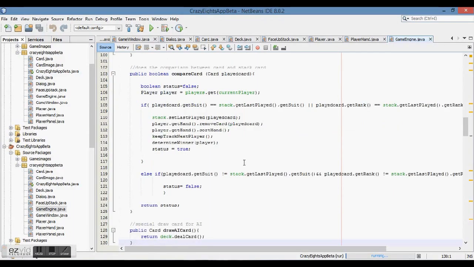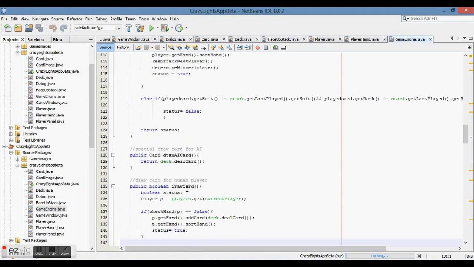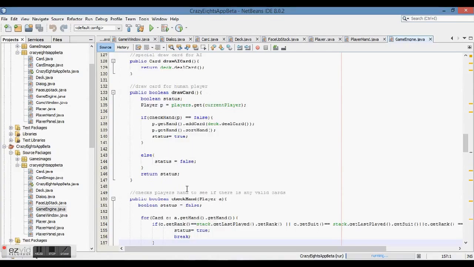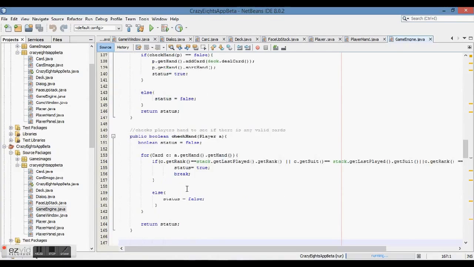And this compare card will decide whether this boolean returns true. It will say true if it matches the rank, the suit, or the number 8. If it doesn't, then it will return false, and it is an illegal move the user was trying to make. Then you have draw AI card, and draw card, which is for the human player. Check hand will check to make sure that the player has legal cards in the hand before they draw